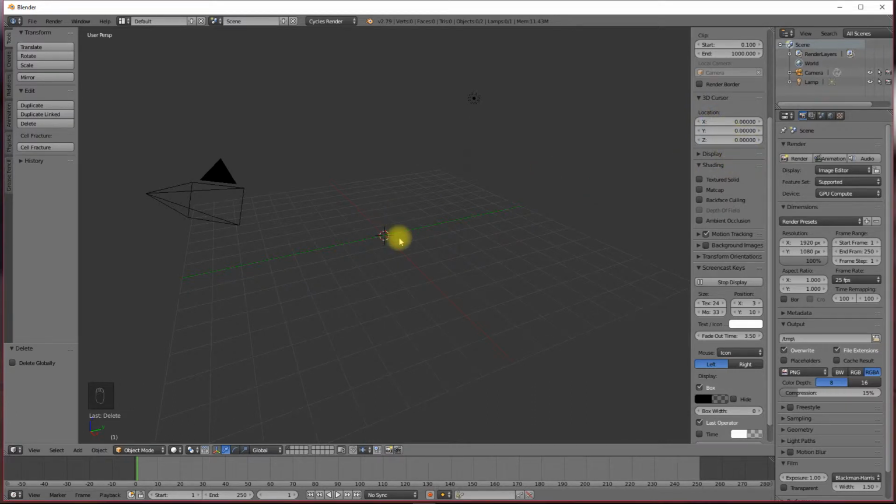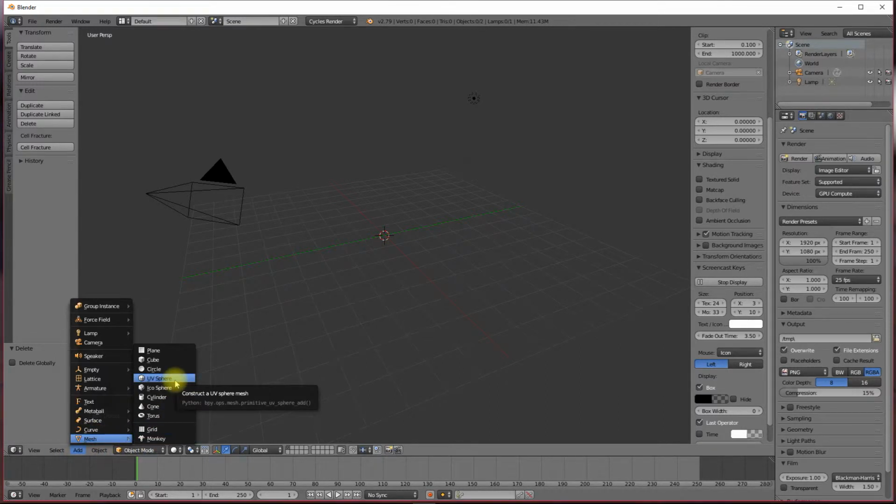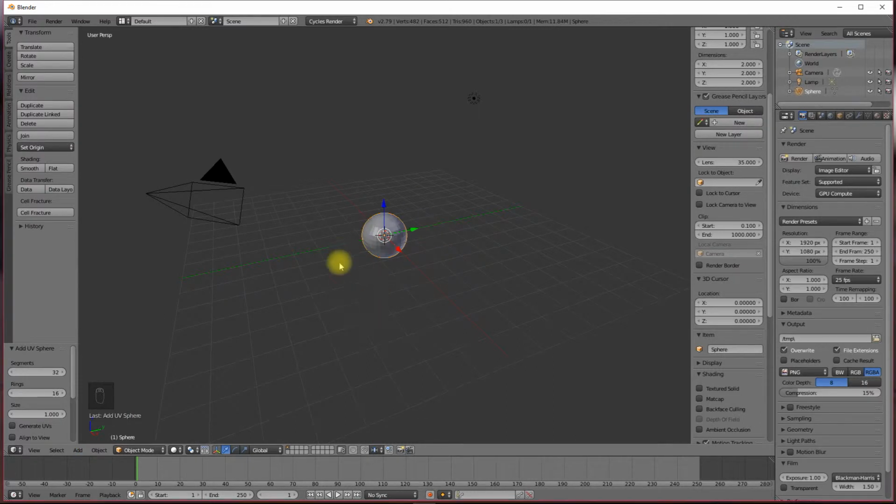So we're right in the middle, and then I'm going to add a mesh UV sphere. So there's a sphere right in the middle of our 3D world. Now, when we're